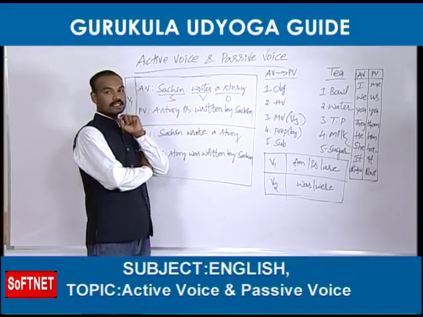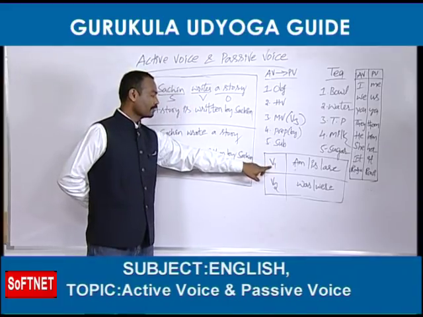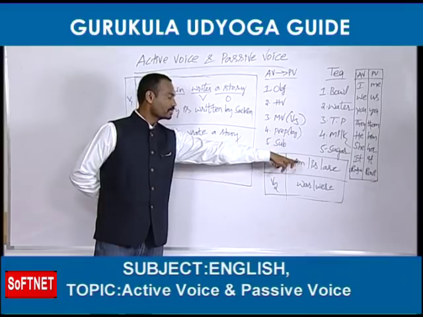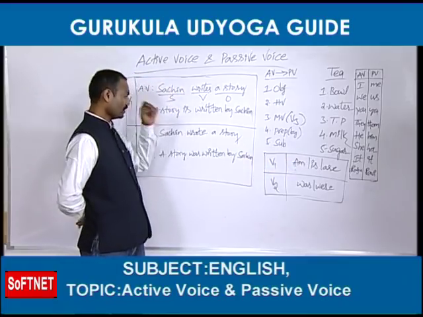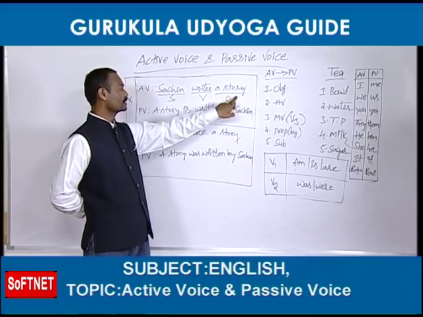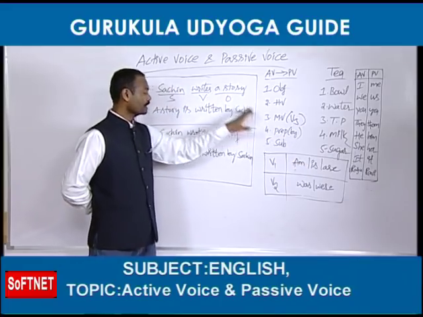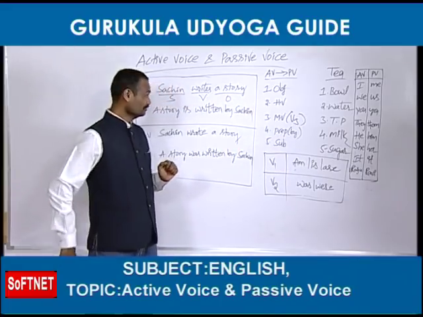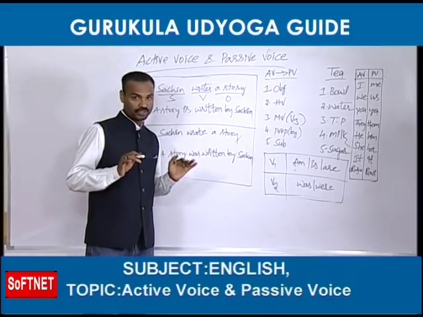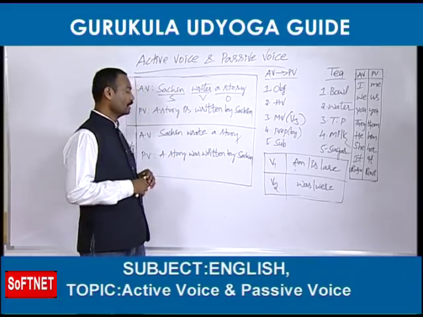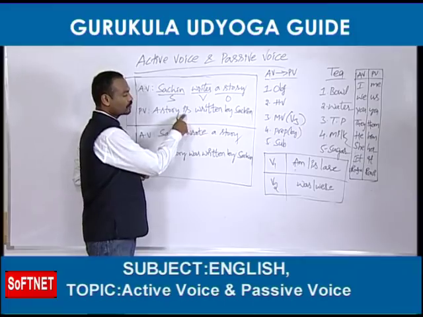Right, it is V1. When the verb is in the first form, you should take from this list: am, is, are. Again, that depends upon the object. If the object is singular, you can take is. If the object is plural, you can take are. A story is a singular object here, so that is what should be taken.